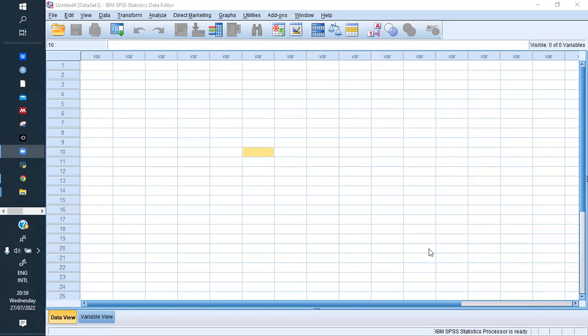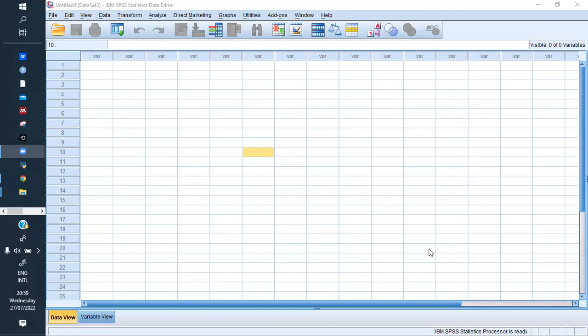We are going to learn a bit with SPSS. This one is our first session with SPSS. First of all, we want to learn how to import data to SPSS before running any analysis. If, for example, you collected your data using a physical paper, then you can just type directly. But if you already have data in Excel or CSV format, you can just import it to SPSS before to